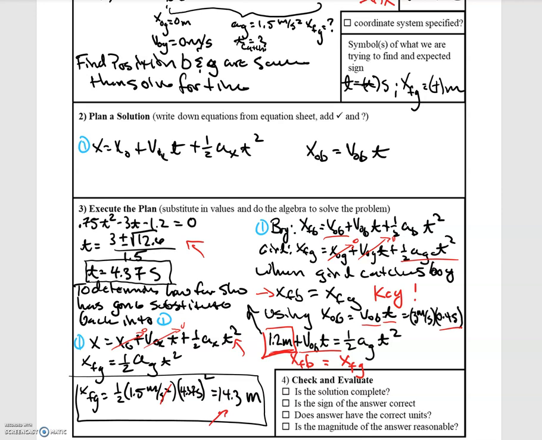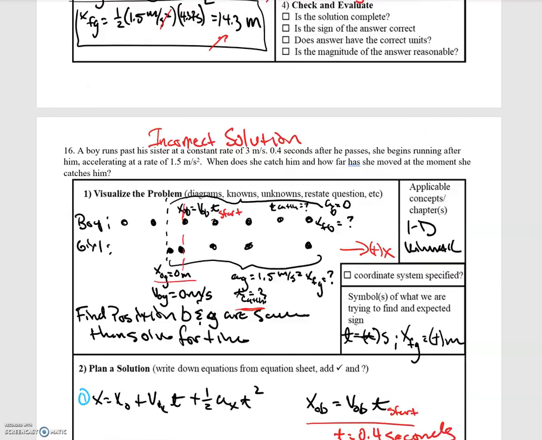But in actuality, that was incorrect, and I should have substituted in the time that it takes for the girl to start running after the boy, which is 0.4 seconds. So that was the key right here, this term. Where I had a 2, it should have been 1.2 plus the initial velocity times time for the boy. So if you have any questions about this, please just reach out. I can explain it further, but this was where